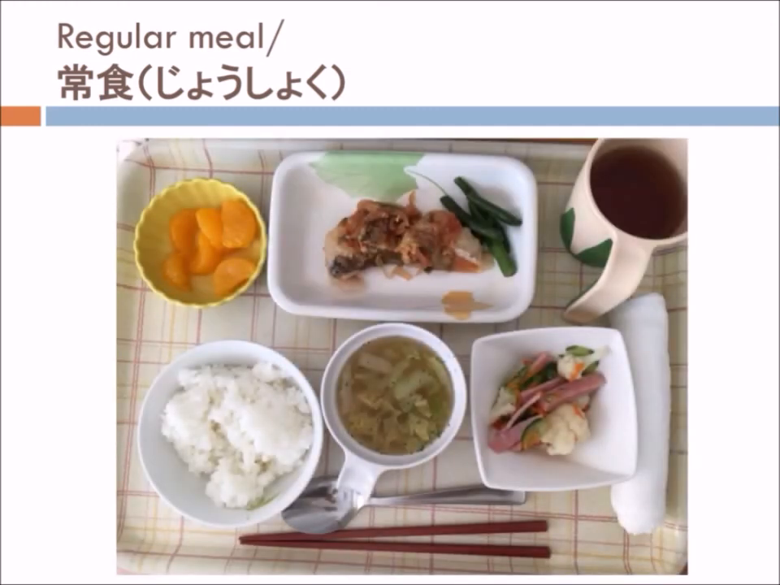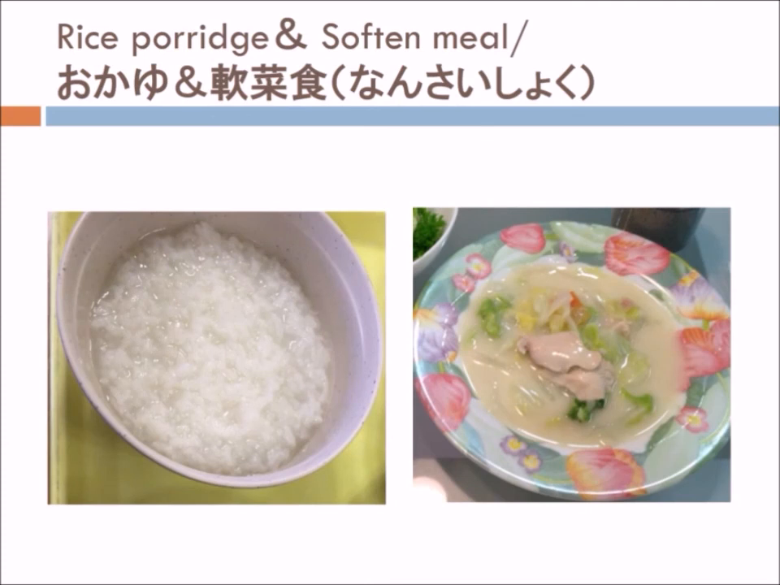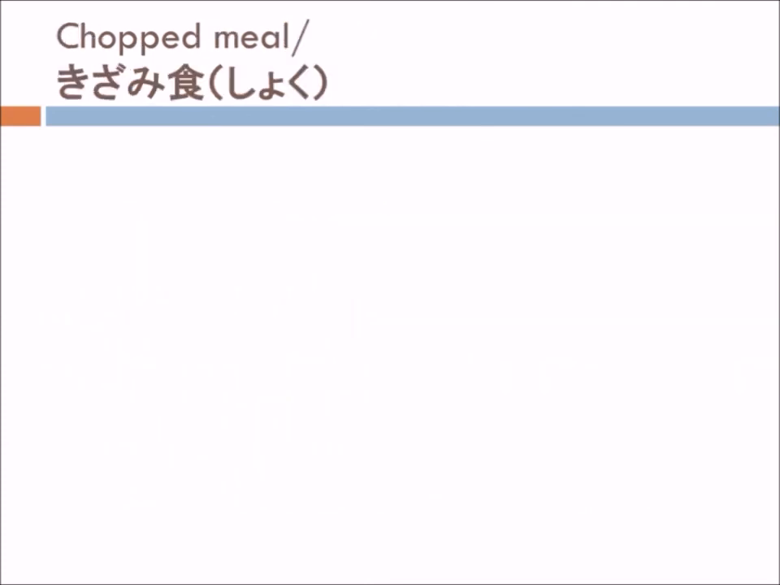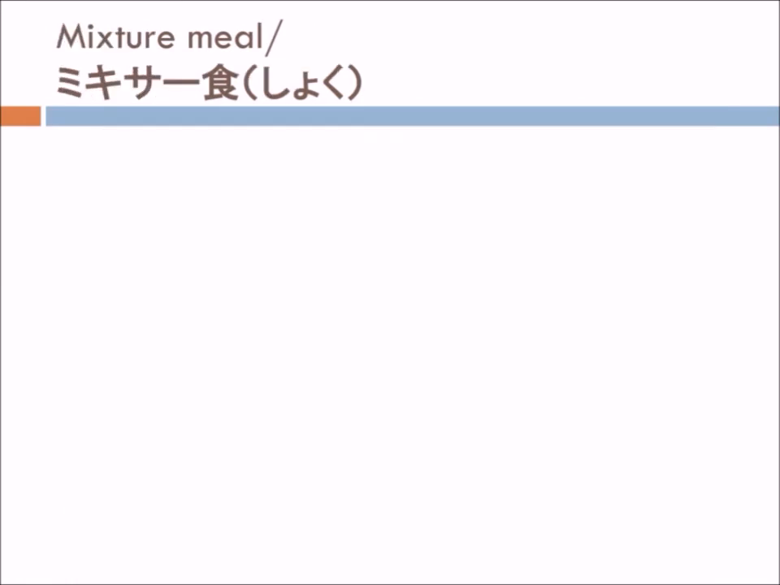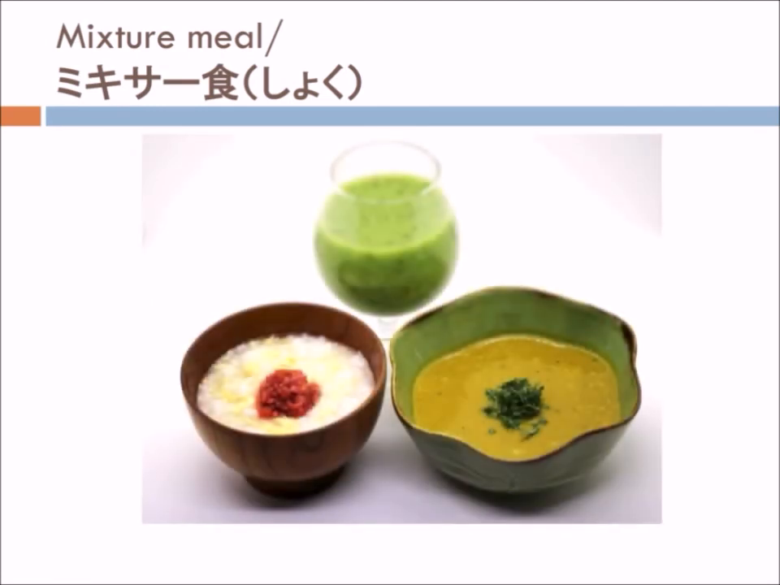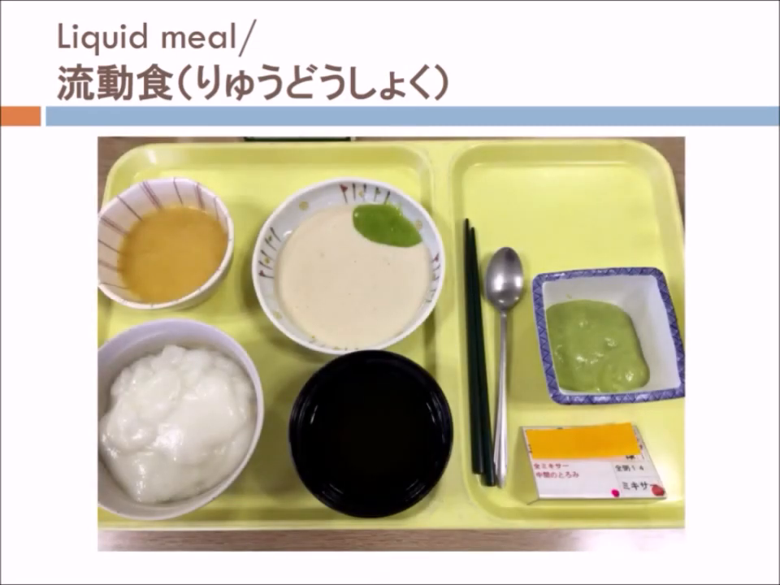Regular meals. 朝食 Rice porridge and soft meal. おかゆ、軟菜食 Chopped meal. 刻み食 Mixtured meal. ミキサー食 Liquid meal. 流動食